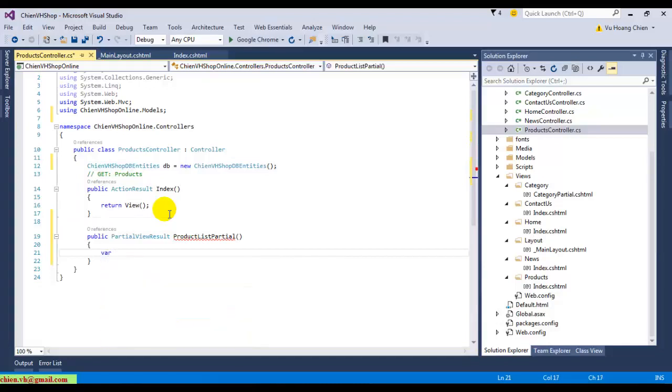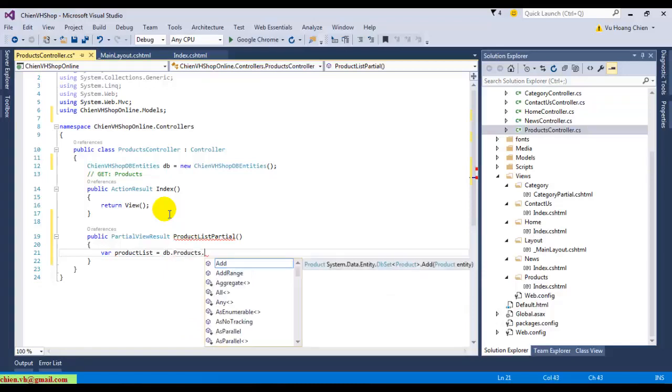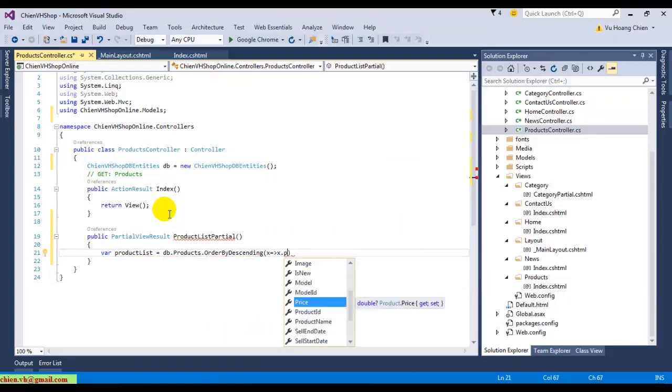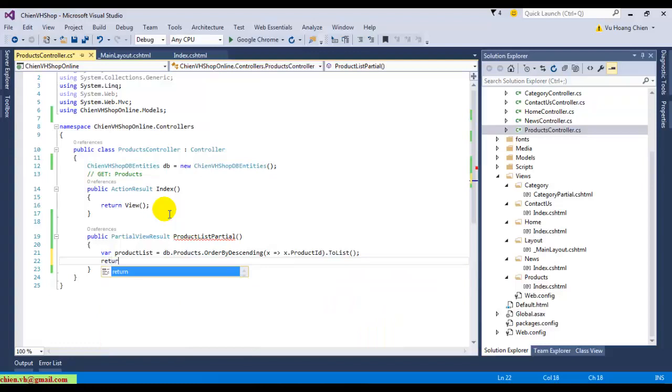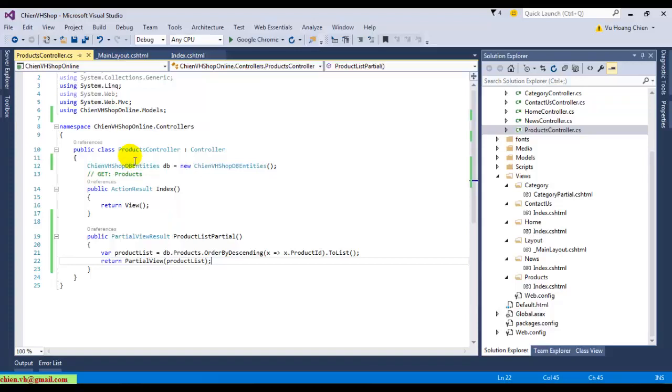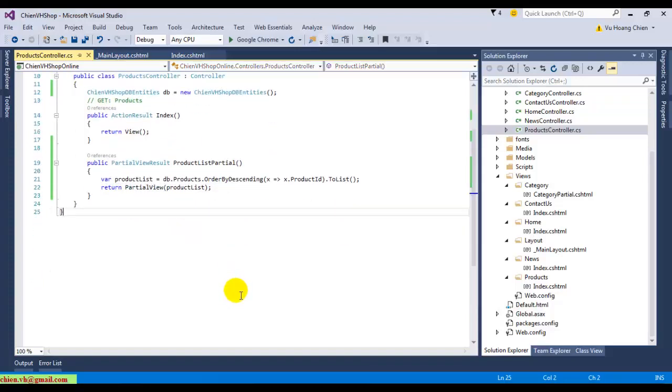Here we can, so this one we will alter by ordering by the product ID to make the new product be displayed on the top. Product ID. Okay,